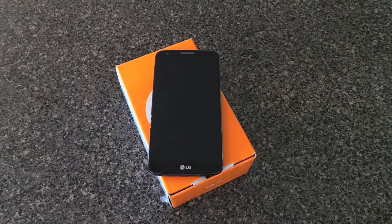Today we're going to be taking a look at the brand new AT&T LG G2. Now this is available for $199.99 with a 2-year contract. If you choose to take advantage of the Next pricing, it will run you $27 a month for 20 months. Now keep in mind, with Next pricing, after 12 months you can trade this phone in on a brand new